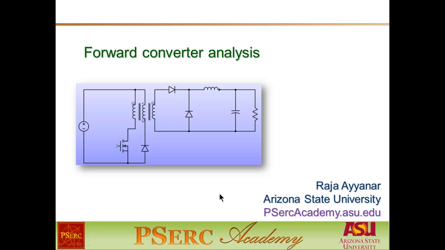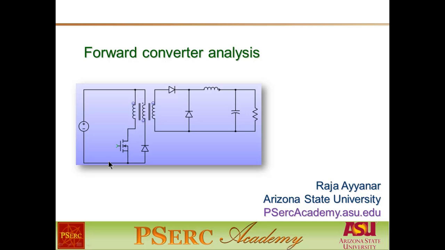The forward converter is a popular isolated DC-DC converter topology based on a single MOSFET. The forward converter is actually a buck-derived topology, and in one of the previous videos we derived the forward converter from a basic buck using the basic principles that all isolated converters need to satisfy. In this video we will go through the steady state analysis, including the detailed analysis of the various waveforms of